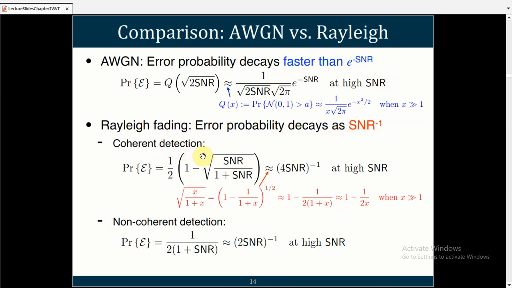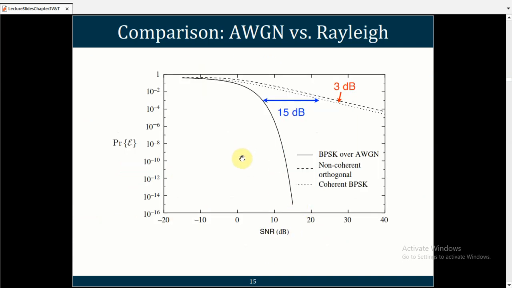So the coherent detection and non-coherent detection give specific values at higher SNRs. The probability of error at higher SNR for coherent detection turns out to be 1 over 4 SNR. Similarly, for non-coherent detection, the probability of error turns out to be 1 over 2 SNR at higher SNRs. This graph gives you a comparison of probability of error for variable SNR for